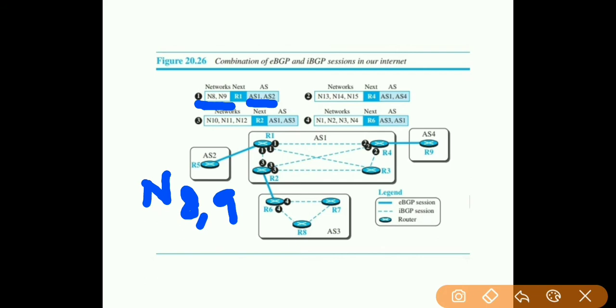In the same way, each and every border router first establishes the eBGP connection. After establishing eBGP, they know about the other autonomous system's details, which are then communicated to their own directly connected routers in their autonomous system. For that purpose, we communicate through a mesh topology. This communication is done by iBGP, internal BGP.